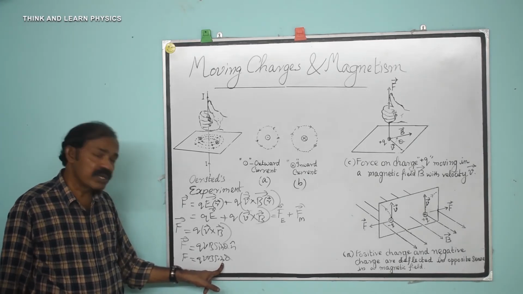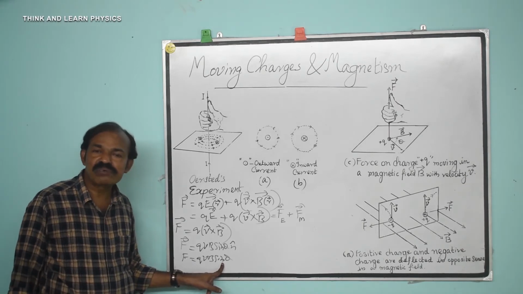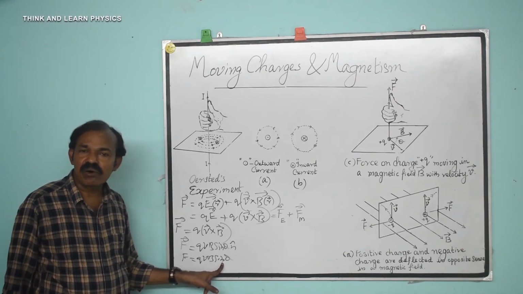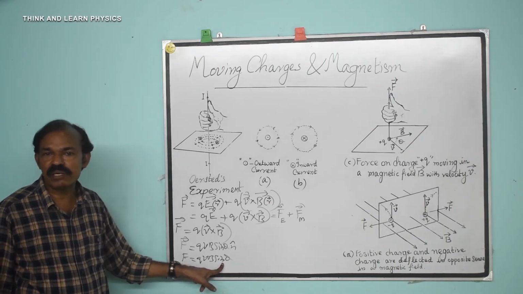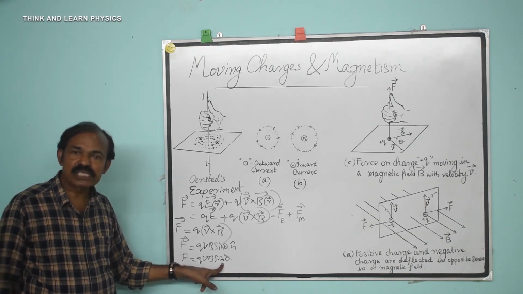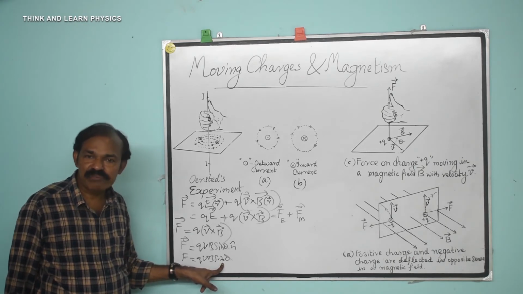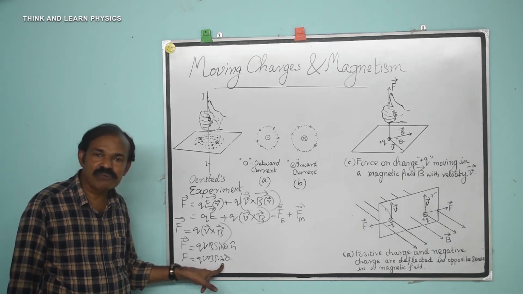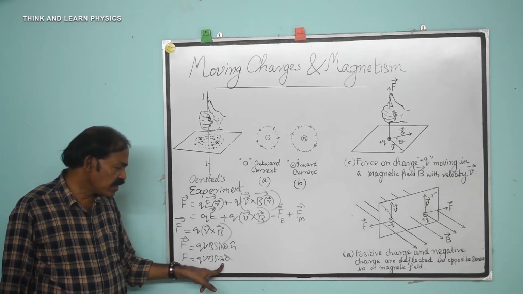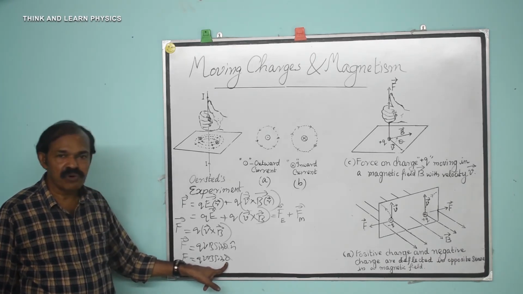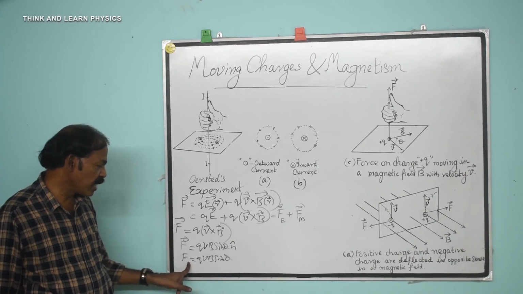That means if the charged particle moves parallel or anti-parallel to the magnetic field, the force experienced will be equal to 0. If theta equals 90 degrees, the force experienced will be maximum and is given by